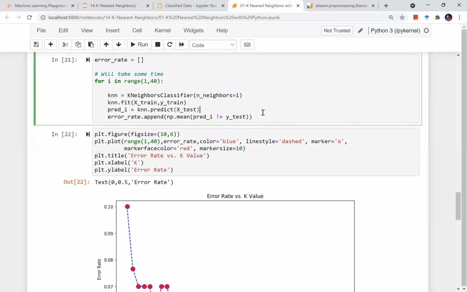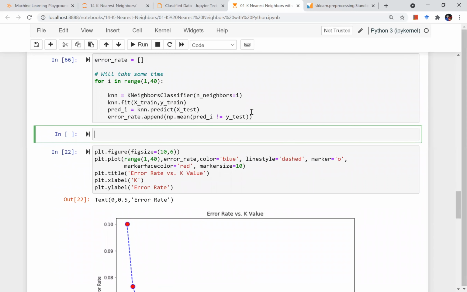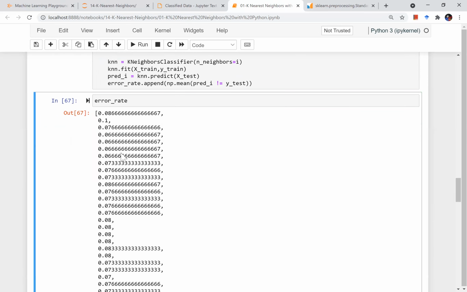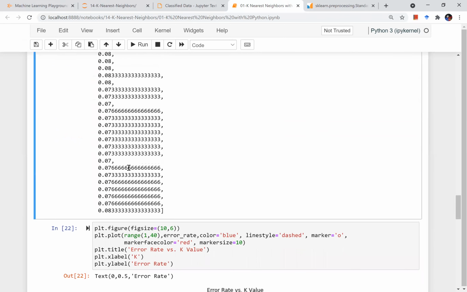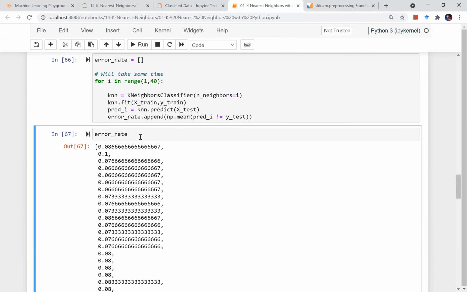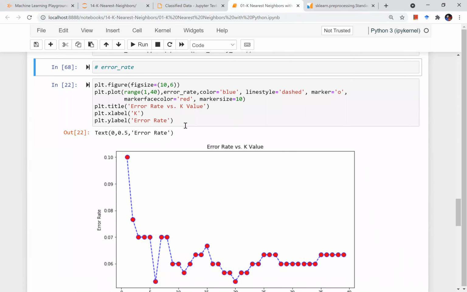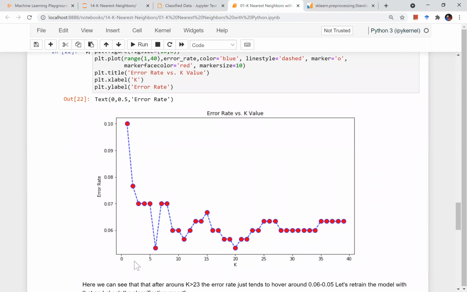So let me run this particular cell and print this error rate to see how it looks. So this is what my error rate looks like: 0.1, 0.07, 0.26. So it makes less sense as of now. It will be better if we plot it, right? I want a plot where for different values of k on the x-axis, I am checking the error rate. At any value where the error rate is minimum, or kind of close to zero, I will pick that value.